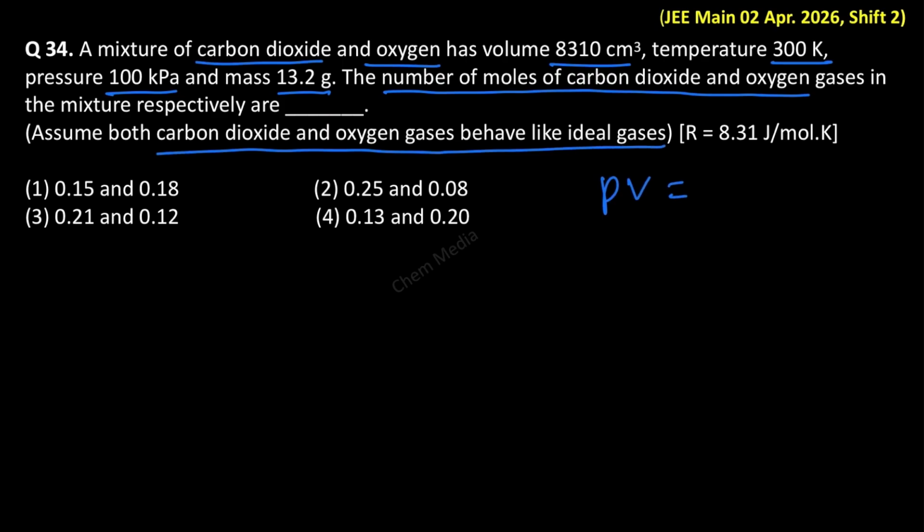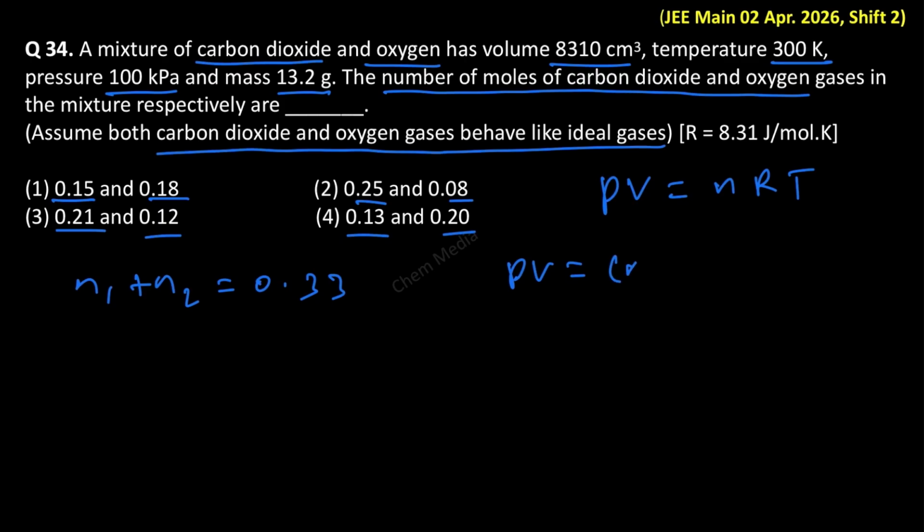Therefore, PV is equal to nRT. By looking at the answers, it is quite clear that N1 plus N2 is equal to 0.33, isn't it? If we sum up both, that's the value we are getting. So therefore, we can write that PV is equal to (N1 plus N2) times RT. Therefore, N1 plus N2 is equal to